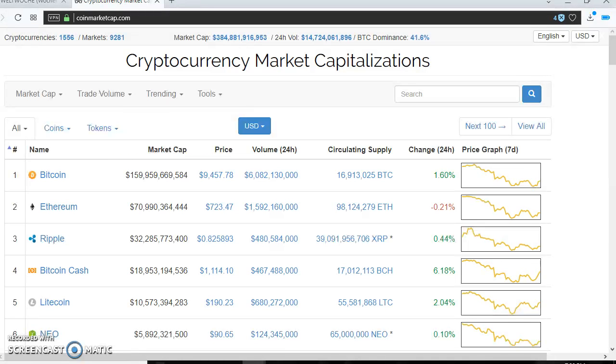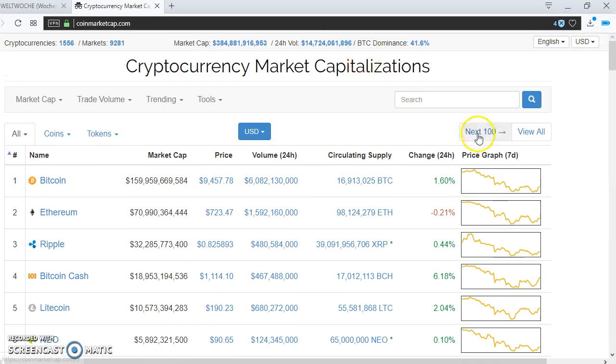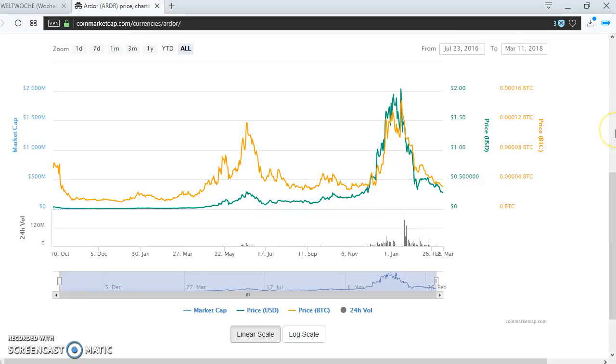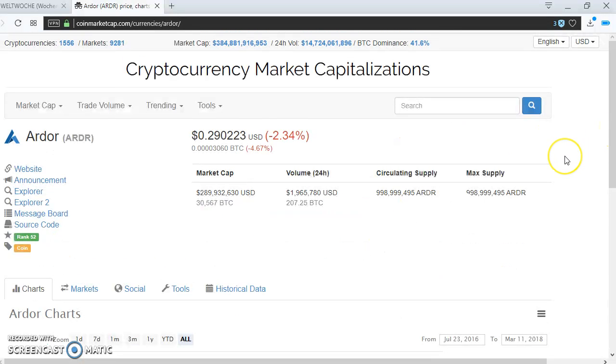Today I want to bring a cryptocurrency before you that seeks to solve certain problems like the issue of blockchain bloat, scalability, and also interoperability. So the platform we're talking about today is ARDOR. Some of you may know that ARDOR is a cryptocurrency that has been around since 2016. There is a company called Jelurida that is building ARDOR. So we'll see some of the stuff that ARDOR is based upon.